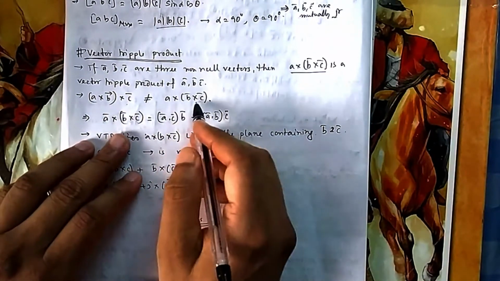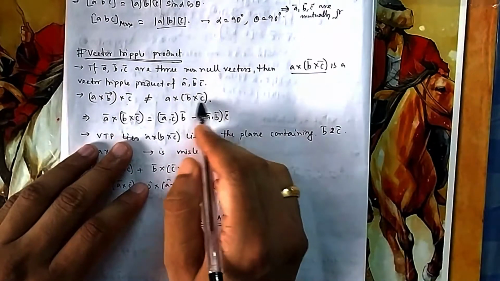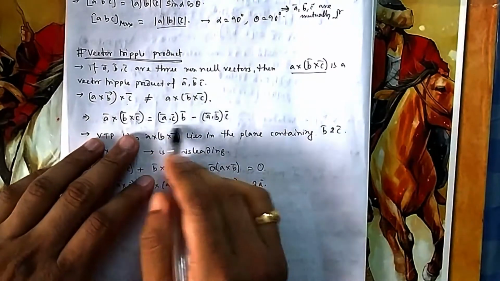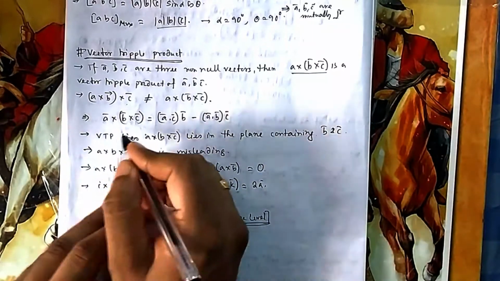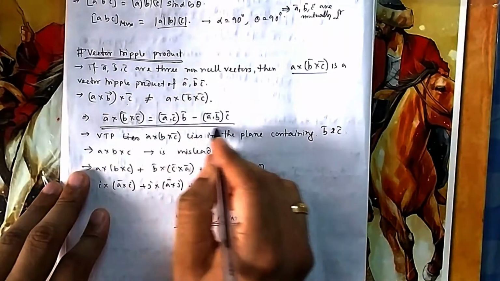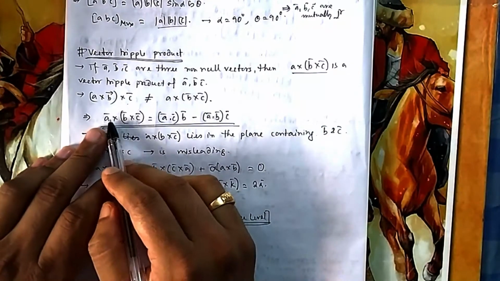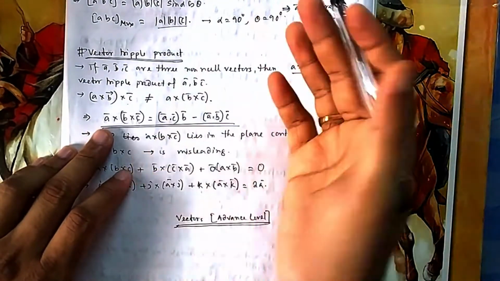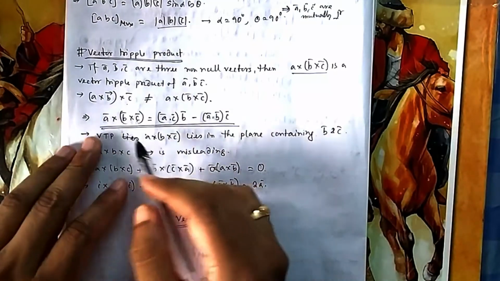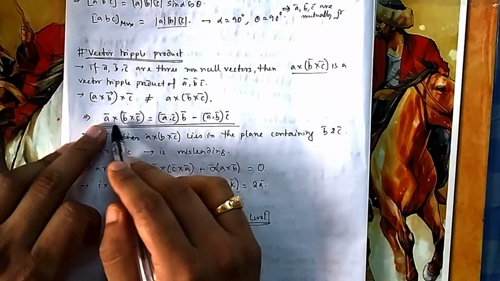Now you can find it: you write A, B, C, you cross B and C, then you take cross with A. Ultimately what will you get? Something like this. So this is the formula of vector triple product. We use this formula. How to remember this one? I generally remember it this way. First you take care of the person who is farthest from you. So who is at the farthest distance from A? C. So you take care of C.